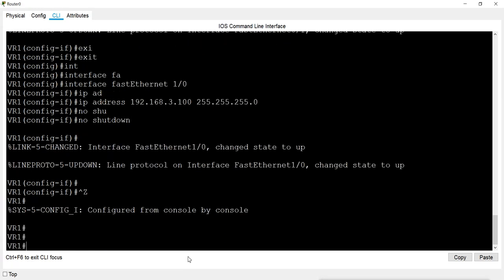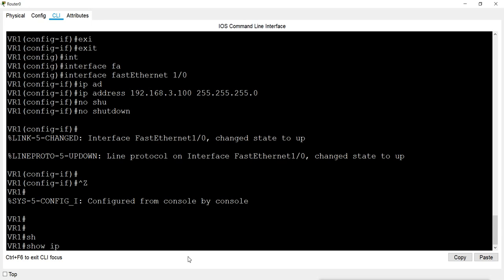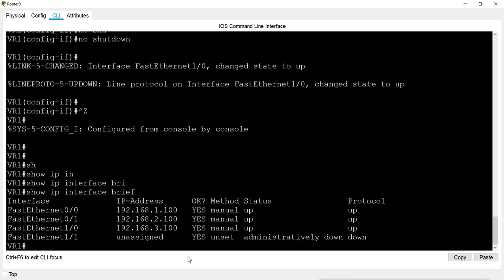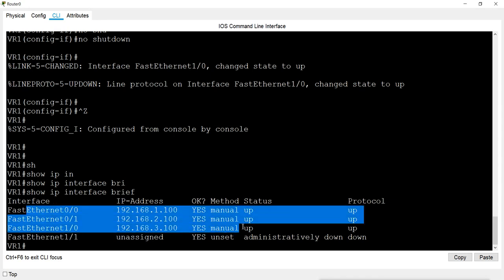Now when you check show IP interface brief, I can see all these interfaces and they are connected to their VLANs from the switch. They have these IPs, and these different IPs are for the different VLANs we have. These IPs will be the gateway for all the machines inside those VLANs. So the router configurations are done.